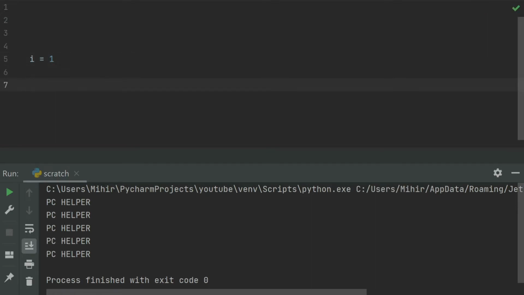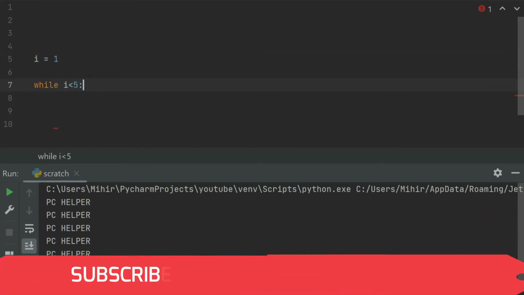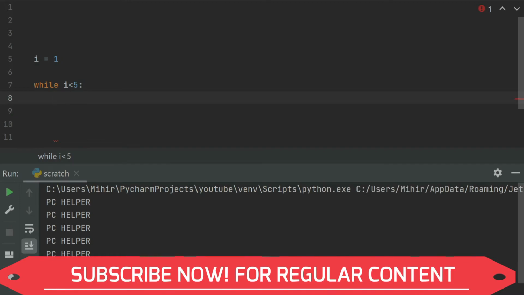Now you have to write a while loop, and the syntax is while, and now you have to give a condition. By this condition, I mean this loop will only run until this given condition is satisfied. So let's say we want the while loop to run while the value of i is less than 5. If the value of i is less than 5, the while loop will keep running. Then we write a colon, which is part of the syntax and marks the beginning of the while loop. So these are the first 2 parts of a while loop. First we initialize a variable, then we give a condition, and the third part is increment or decrement. We'll talk about it later.